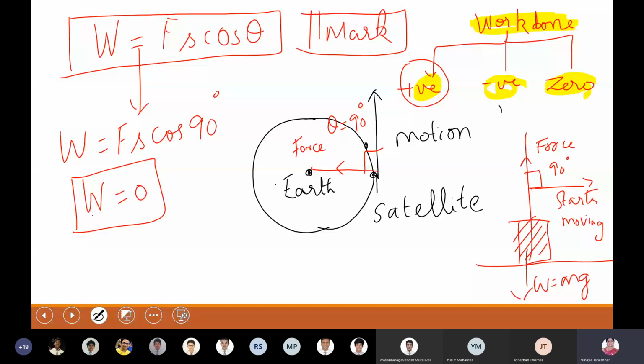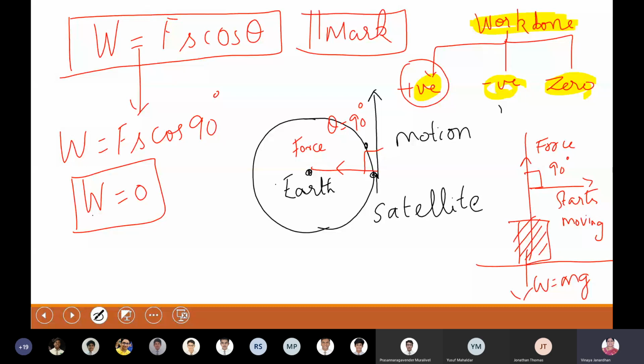Now someone asked this doubt. You have been taught that when there is no displacement, there is no work. Someone asked me this doubt. It's Prasanna, right? You are asking me, you have applied a force when there is no motion. When there is no motion, work done is zero. This is an example where you apply a force on a wall that is not moving, then the work done is zero. That is a different case.